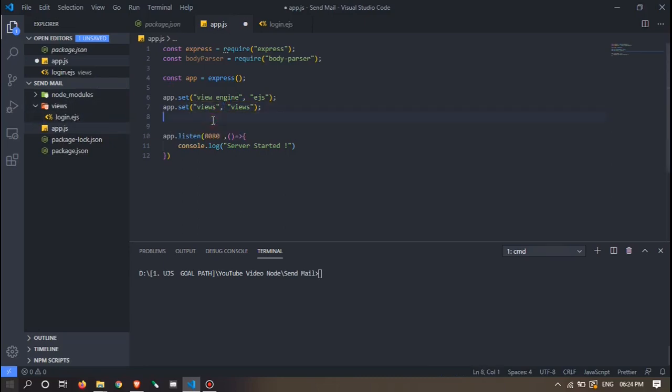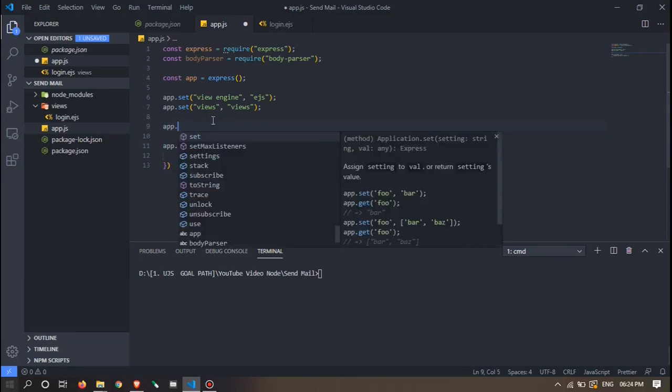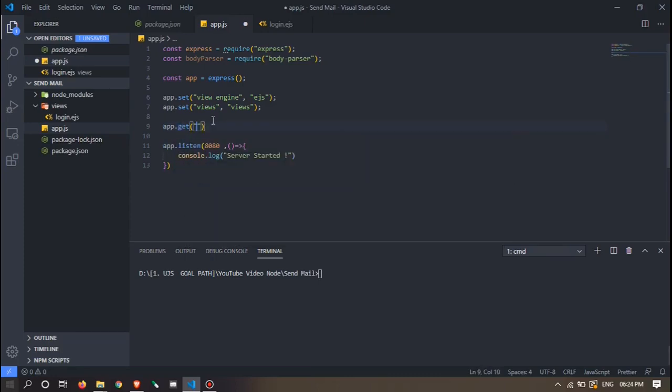Okay, then we will set the path for when we encounter the root path. So what will be displayed? Here we will render our page with response.render. Render by default looks at the views folder because we set the view engine as EJS and the folder name is views. If the folder name is different, then you can use a different folder here. We can omit this line also because our folder name is also views. By default the view engine EJS looks for the views folder, so no problem.